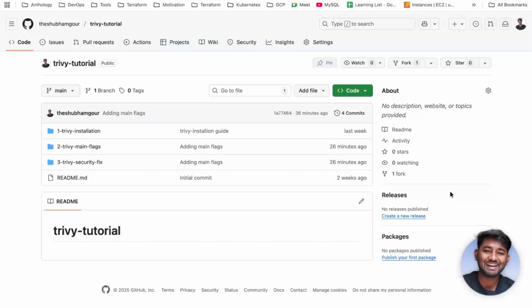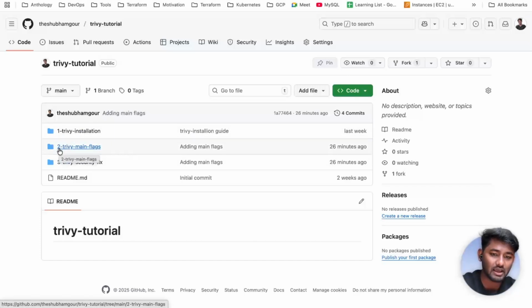All right, welcome back. In this video, we are going to further enhance our journey with Trivy. We are going to learn about three main important flags that will make our life easier when we are dealing with Trivy. Everything we are going to do today is documented on the second repository, second subdirectory of